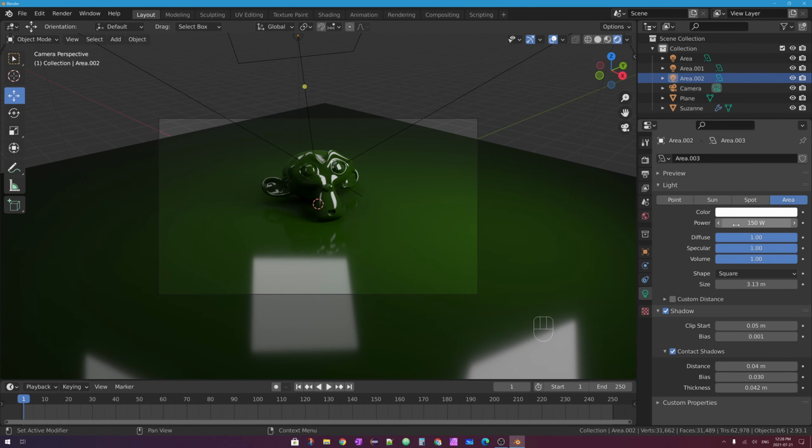Let's go and see what happens if I turn the power of that up. I'm going to try 500. You can see what happens. I am illuminating some of the floor around the monkey, but more I'm lighting up the rim of, or the top of the monkey's head, creating separation. That's off, that's on. So that makes it much more visible and easy to see where the monkey head stops